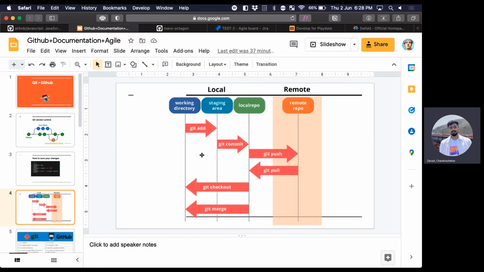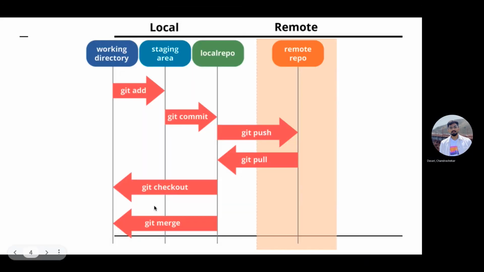This is kind of like the workflow of Git. This is what it looks like. Let me make it bigger. You have four spaces in this whole workflow. The first space is your working directory, which is basically your laptop, in your folder. In your folder, you have nothing right now. So to get stuff from a repository, from GitHub or anything like that, you do git pull or git clone. You're basically cloning whatever is there online to your local system, so you have it in your current working directory.